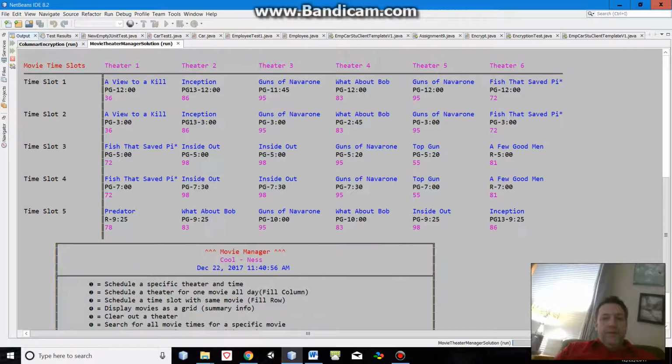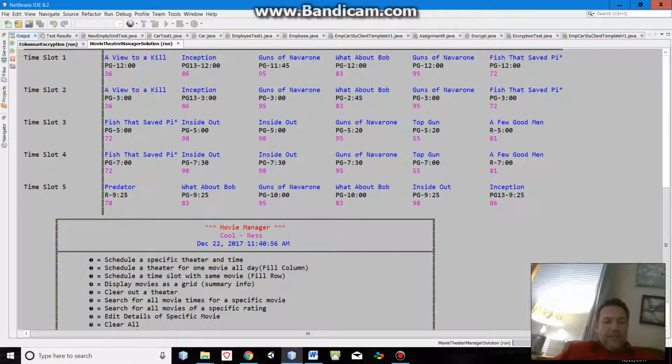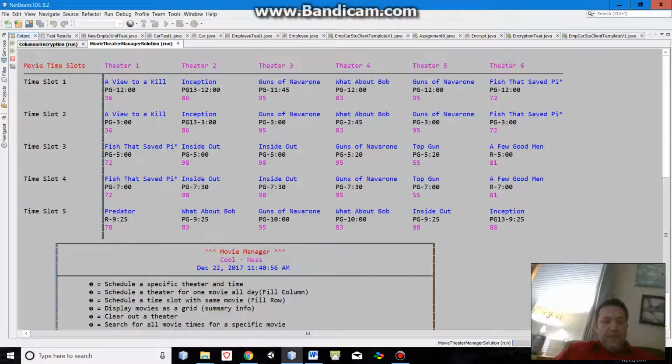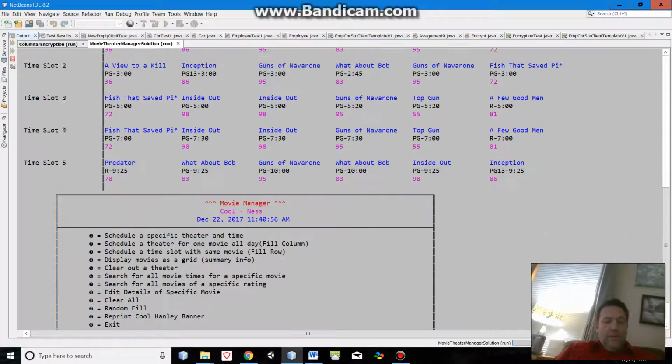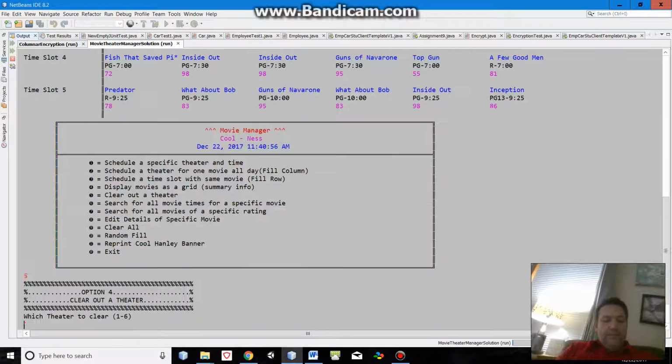For fun, I've put in times for movies, and I've randomized them so that time slot 1 is either 11:45 or 12, and 2 you can see is either 3 or 2:45. That's just a nice to have. You don't need to do that. Option 1 is to schedule a specific theater and time. Option 5 is to clear out a theater. Let's clear out theater 1 so we can go ahead and